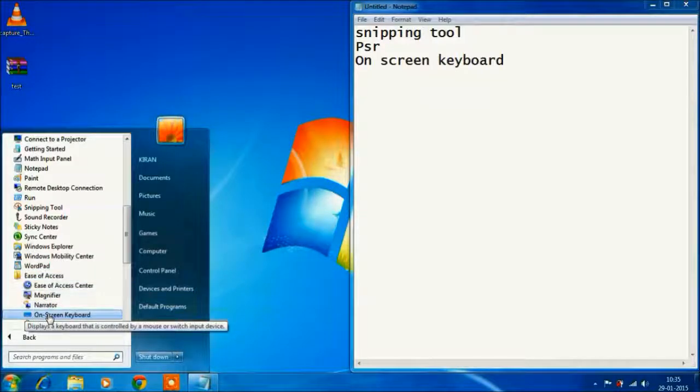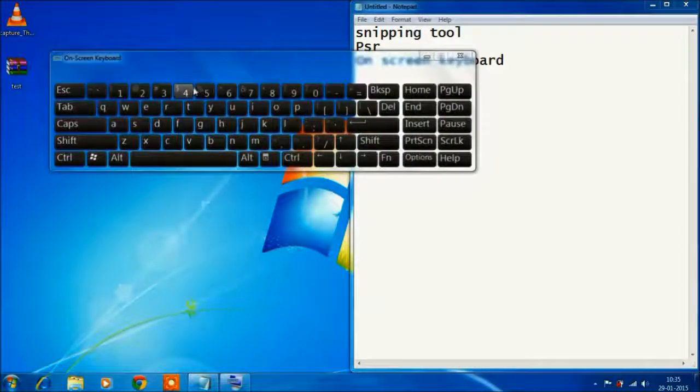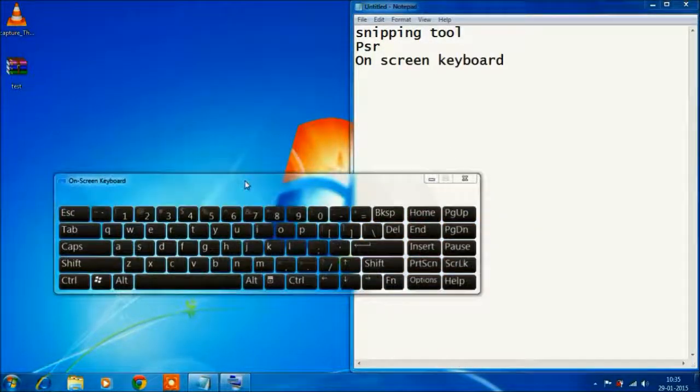Here you can find the on-screen keyboard. This keyboard is used when unexpectedly your external keyboard or your laptop keyboard stops working, or you are facing any problem while pressing a single key or a specific key. So you can use this on-screen keyboard here.